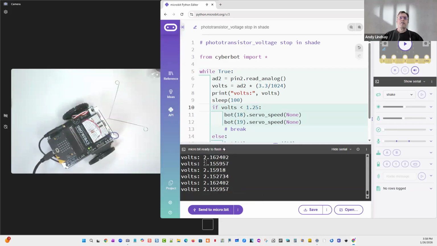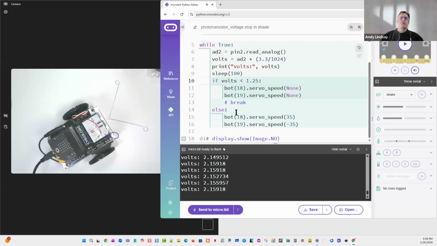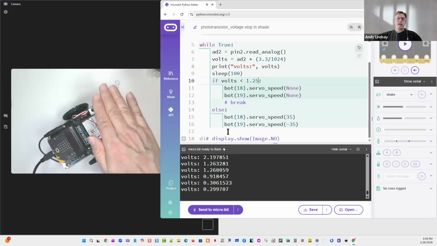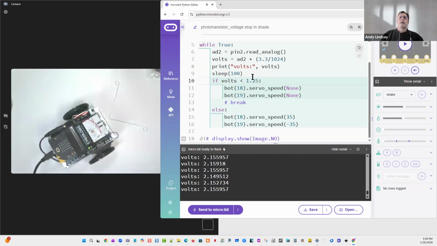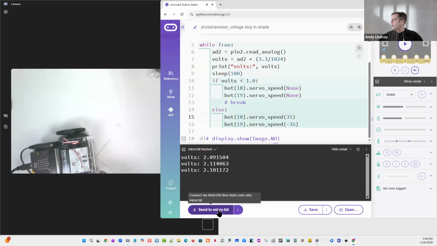The idea is that we want to be halfway or maybe 2/3 of the way from our ambient light value to the shade value. And so actually, I think I'm just going to do it at 1.0. And then when you run that,